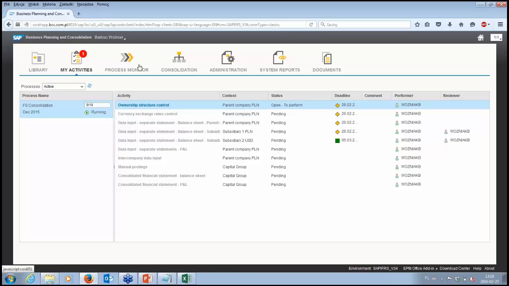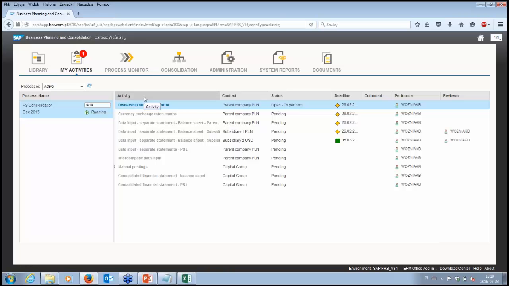I will explain this later, and administration is something that we will not touch. This is configuration and master data management and so on. We also have plenty of system reports and documents which help to manage and monitor the whole process, but we will focus on the three up here.